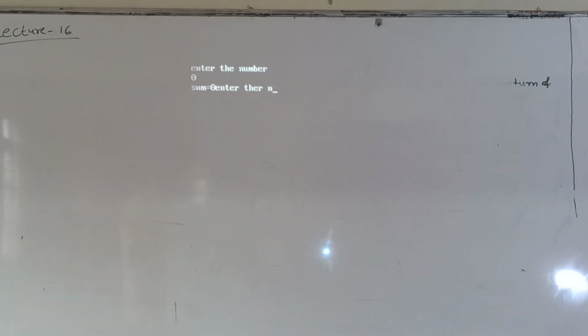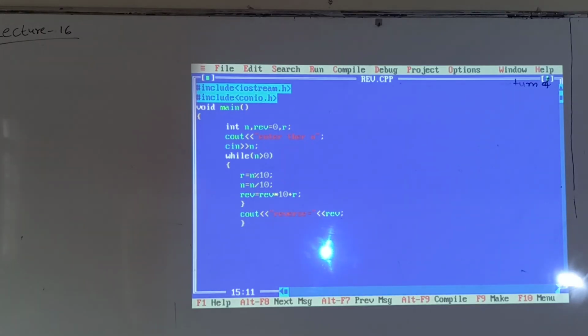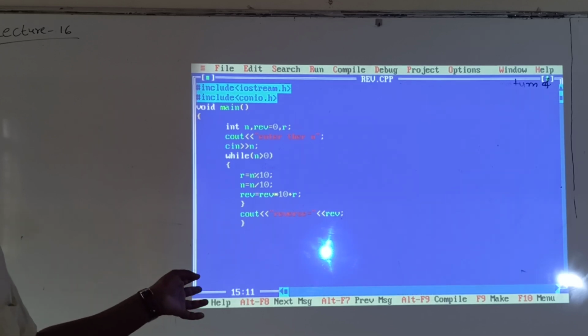See here, enter the n. I am not using the CLRSCR, that's why the previous result is also available to the user. I can enter 123. Even I am not writing the getch.